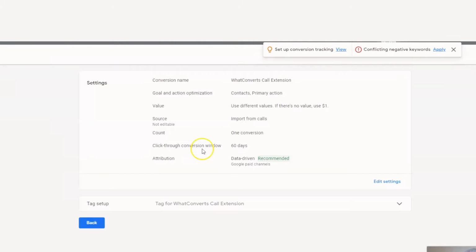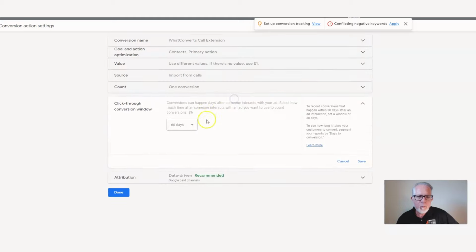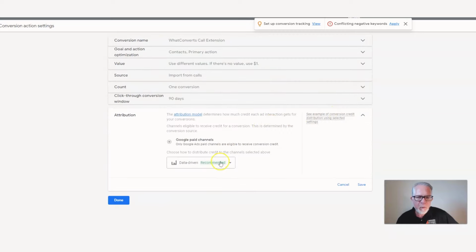So I want to go back into conversions and do the exact same thing with the other one. With the call extension, make sure it's set to 90 days. Make sure it's set to one conversion. It is, and then change the